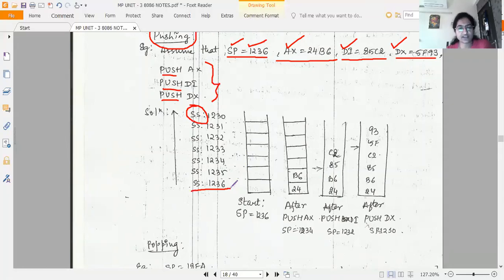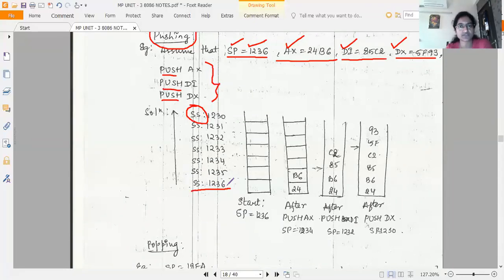You can write it in any manner, but here the correct way of representation is SS:1236. 1236 is the memory location from where we are going to start loading the content of AX into the stack, because whatever offset address they have given there, 1236 is the starting address